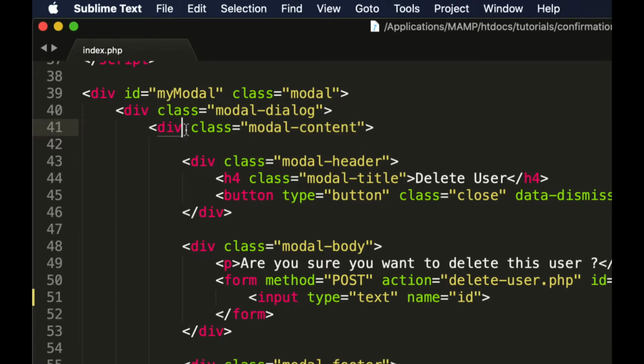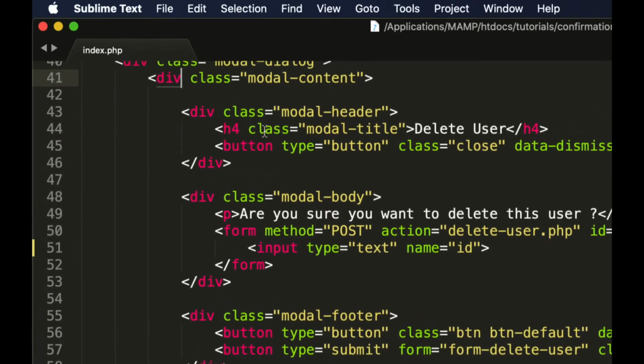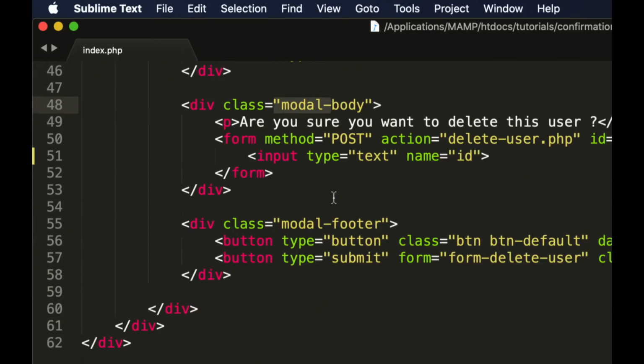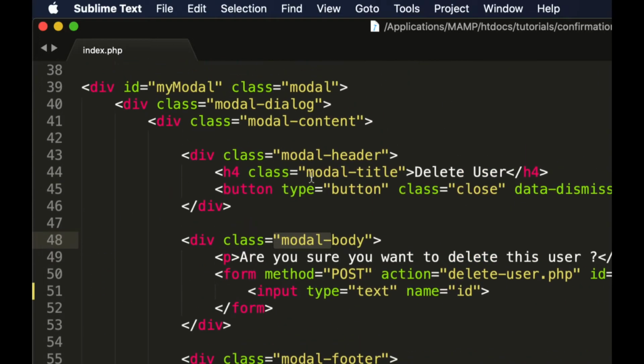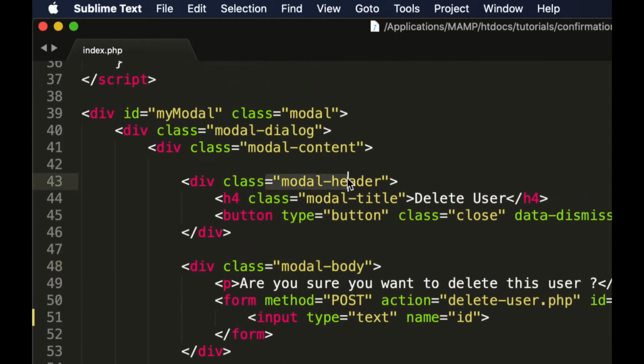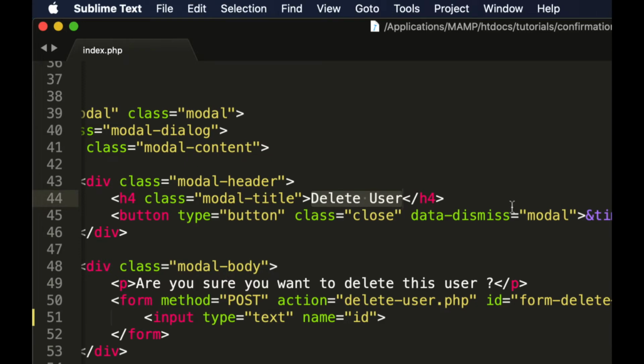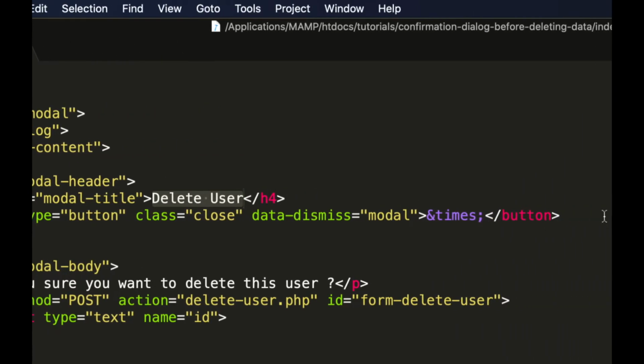And in this modal-content div we have three sections: modal-header, modal-body, and modal-footer. In modal-header we are simply displaying the title of the action we are going to perform and a button. It is just a cross button which will simply hide the modal.